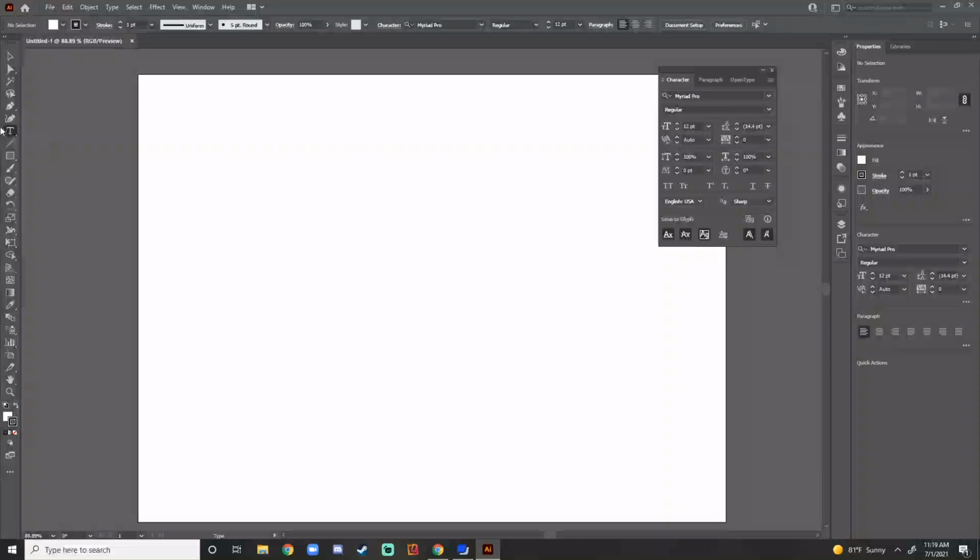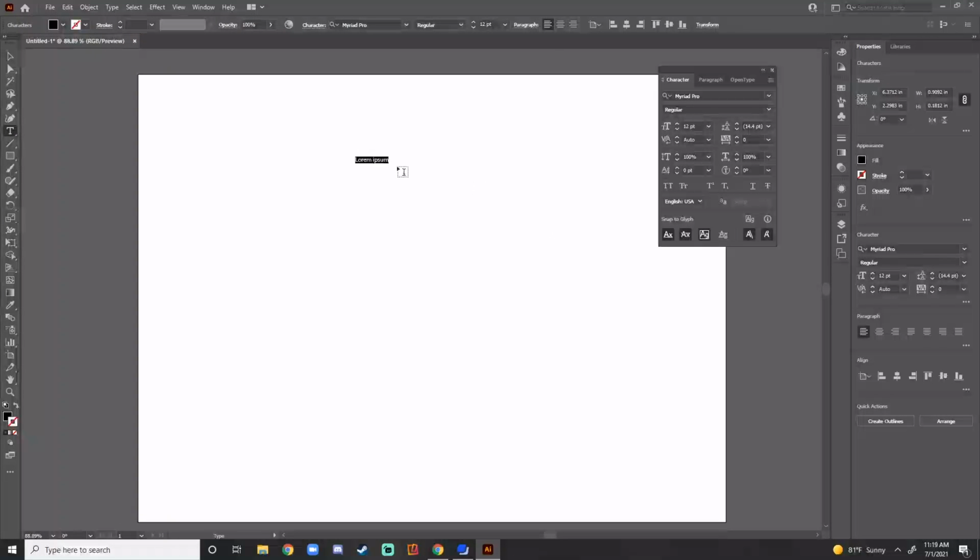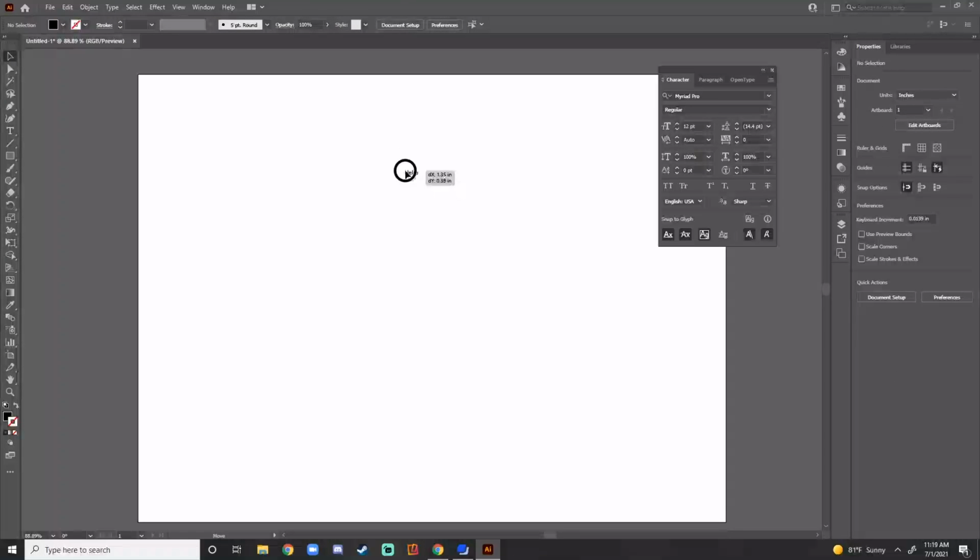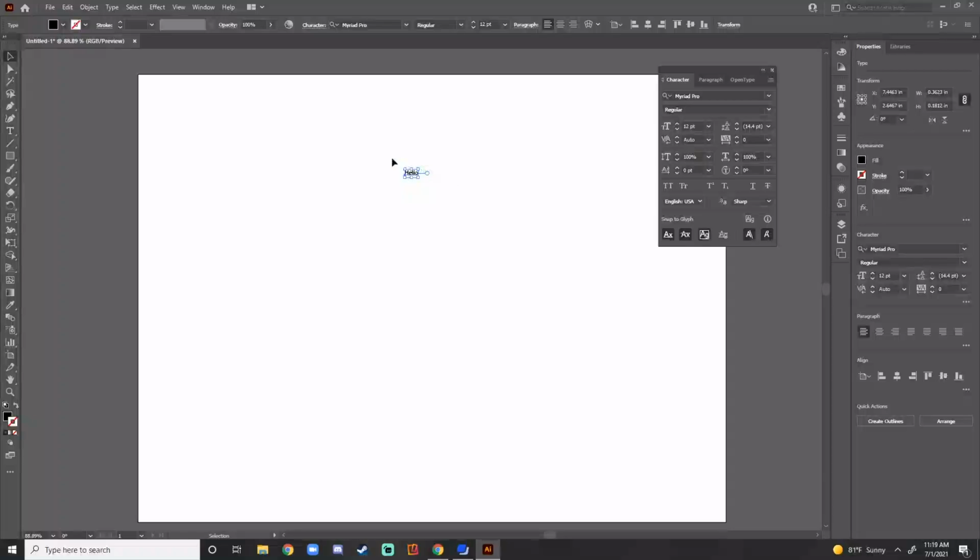So to add text to a document, I'm going to just click. With the type tool selected, I'm going to click, and it gives me some dummy text there, and I can type in the regular text that I want. So I'm just going to type hello, and now I have text and I can begin to manipulate it. The first thing I'm going to do in this character palette is I'm going to change the font. So the font is right here,